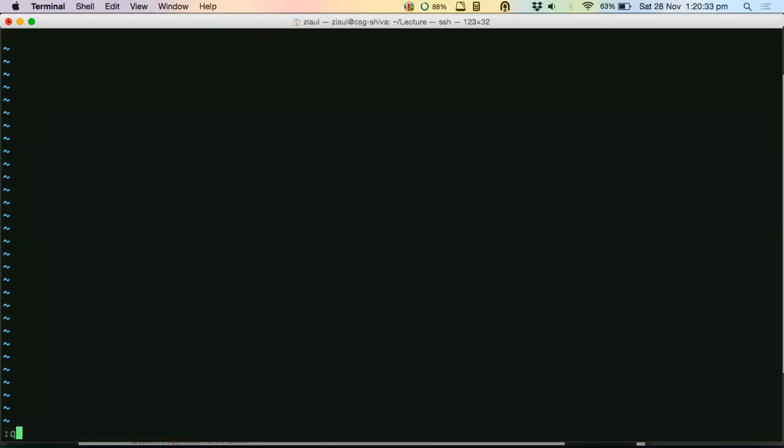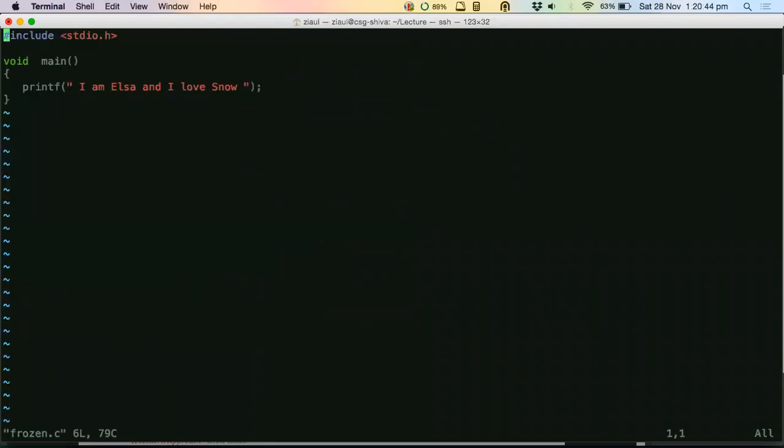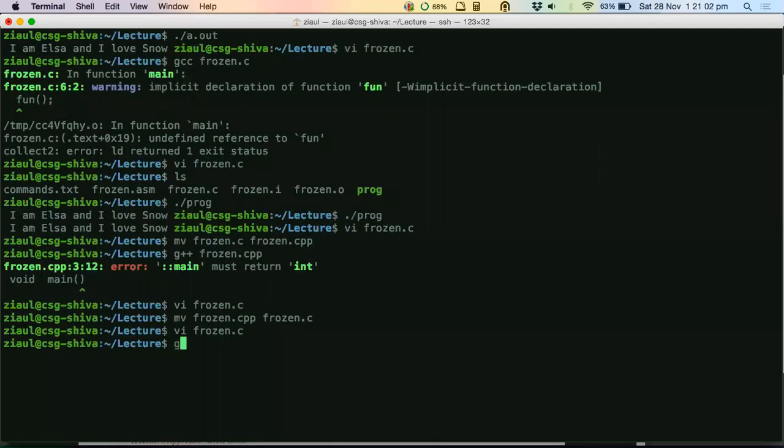Let me write a C program. Let me just change that program back to C. And then let me say I have returned something. I am doing this explicit return in a C program. And then instead of 0, let me put something else. Let me put a negative value. Let's see what happens. See, it runs, right? So it doesn't matter what you return. It should only be the last line in the execution that has happened.